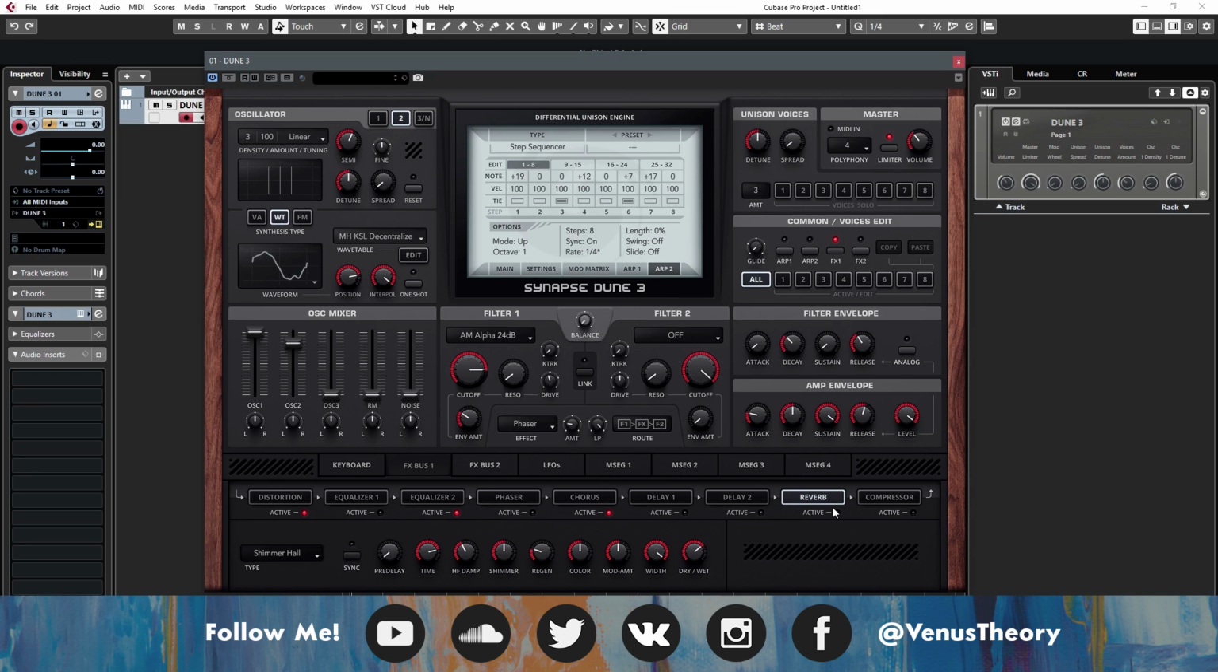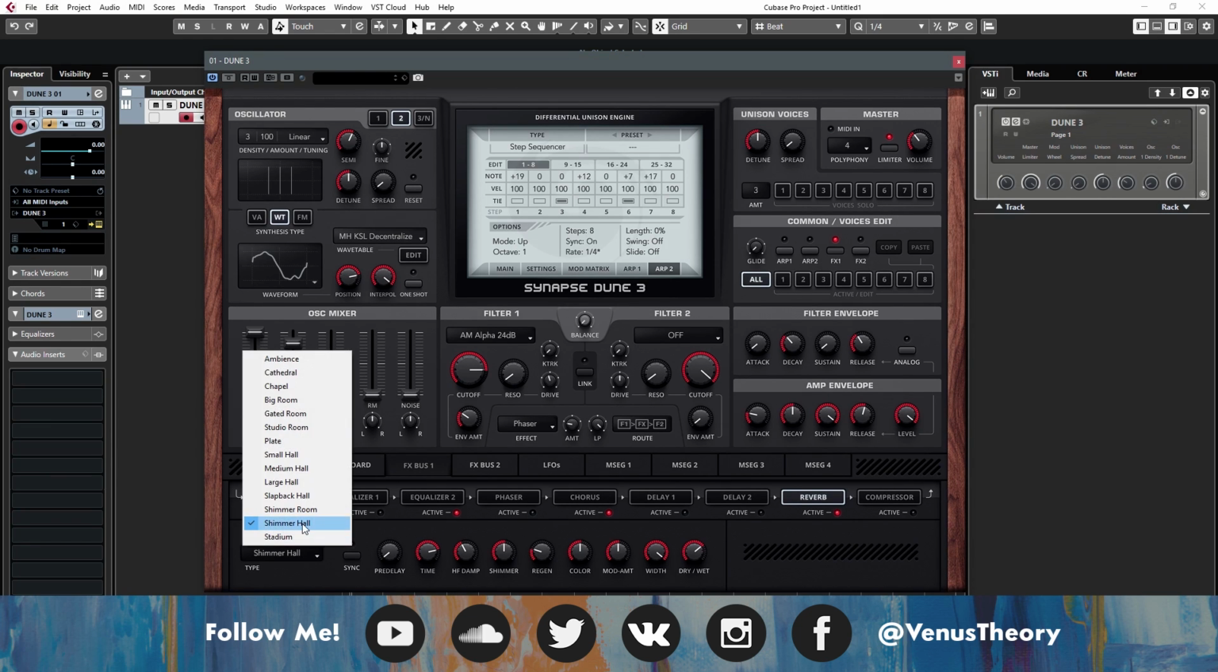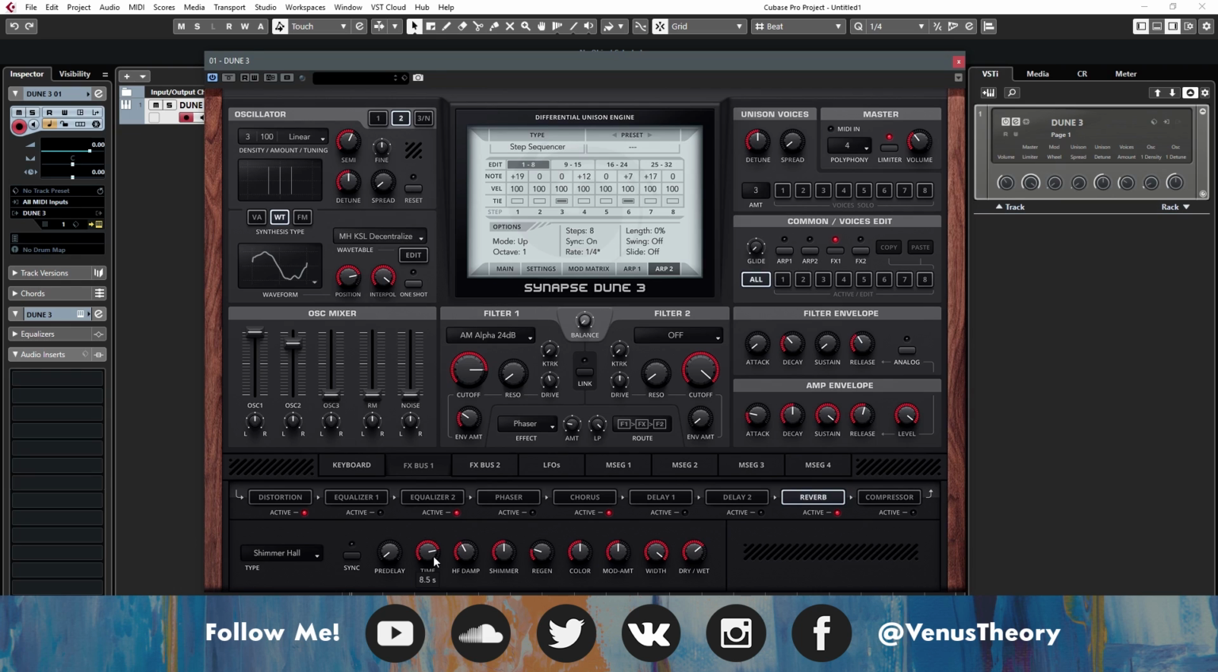This feeds into the reverb, and the reverb is probably one of my favorite things about Dune 3 because we get shimmer reverbs. So I've got a shimmer hall, time is up, and we could probably even move this more just to make it more ridiculous. High frequency damping, about 30 to 40%. Shimmers left at 50, regeneration 20 to 30%. Color,